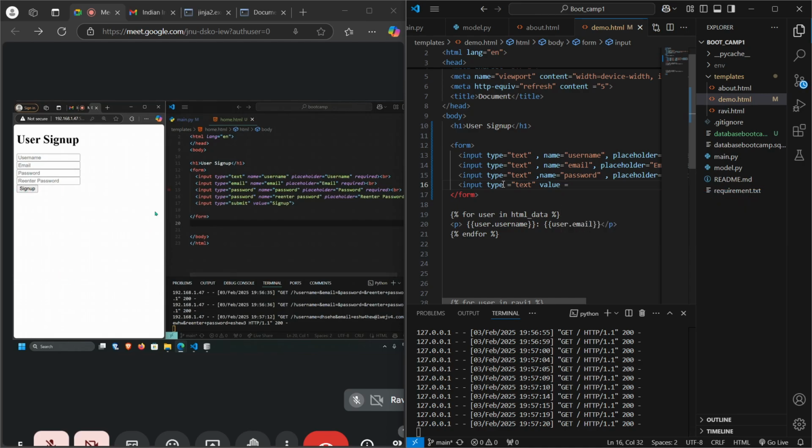It's not sending the data anywhere. It's just resetting this web page. Now what we want to do is first match the password. We want to see if these two passwords match or not. To do that, I don't remember how to do it, so I will just copy this entire form